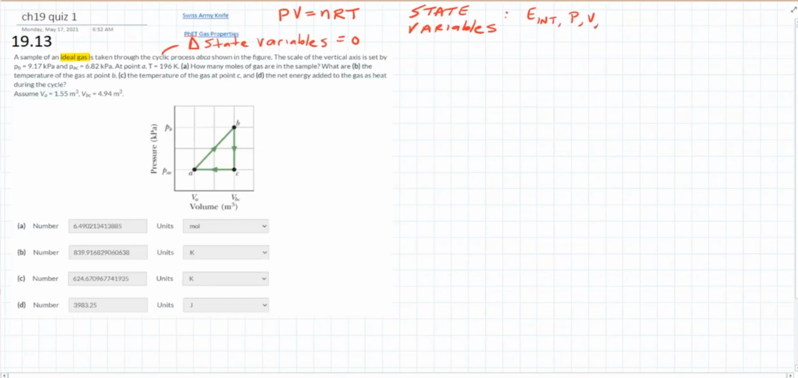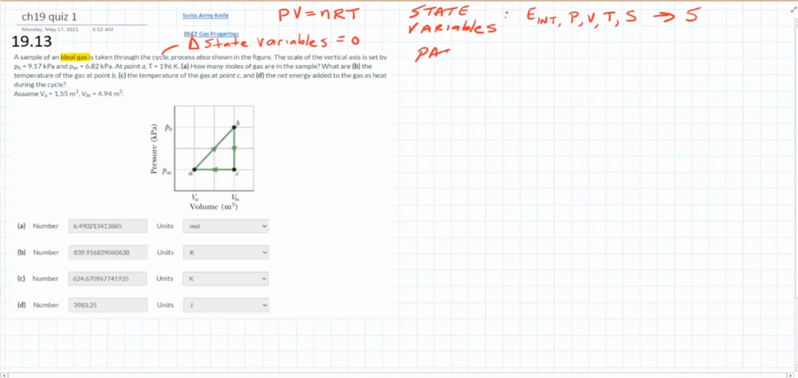Pressure, volume, temperature, entropy. There's one more, but I'll leave it at that. These are good right now. 1, 2, 3, 4, 5. So these are the 5 state variables. State variables don't care about their history. They only care about their value right now, at this location, at this point in time, as contrasted with path